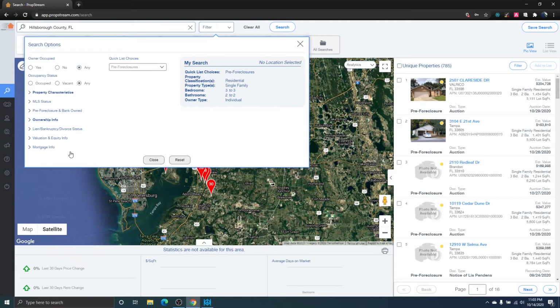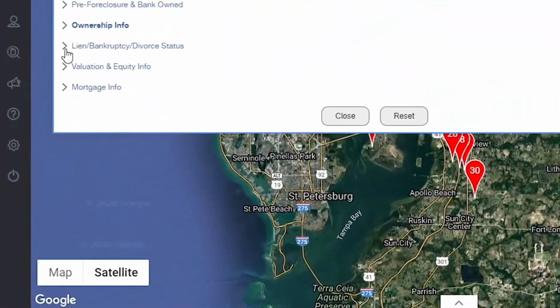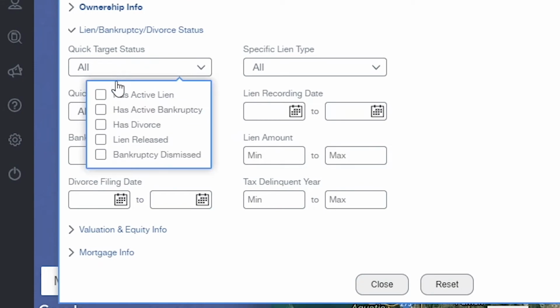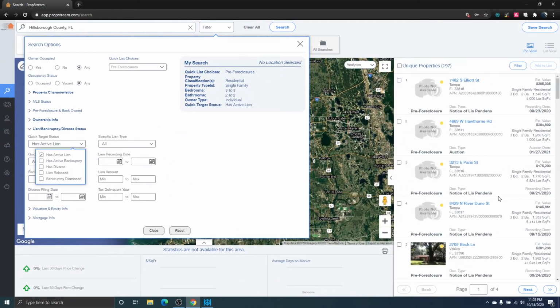Properties. So let's see if we add in some more potential distress here. So let's see if we add in that they have an active lien. What happens then? So now we're cut down to 197 properties. So these are pre-foreclosures that also have a lien against the property. So that narrows it down, and we're stacking potential motivating factors. So we're looking at pre-foreclosure, single-family residentials that are 3 2s, owned by an individual, and they have an active